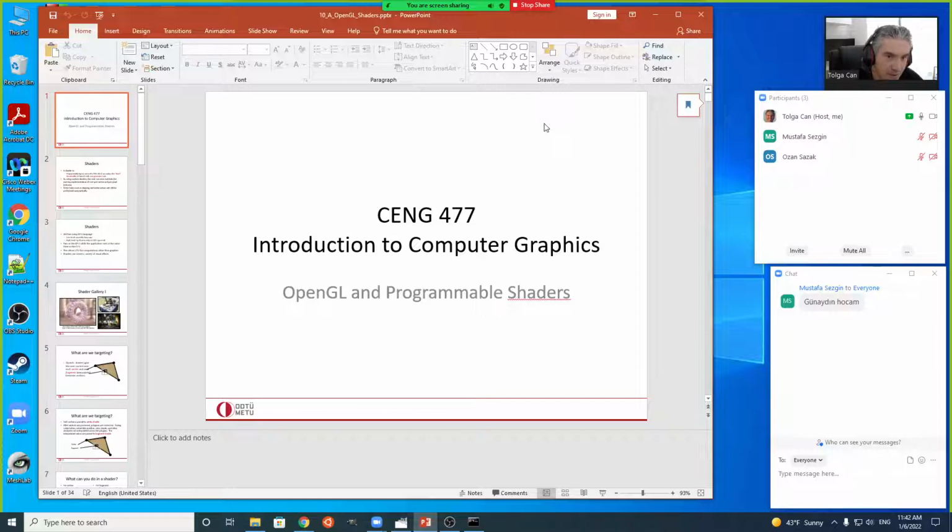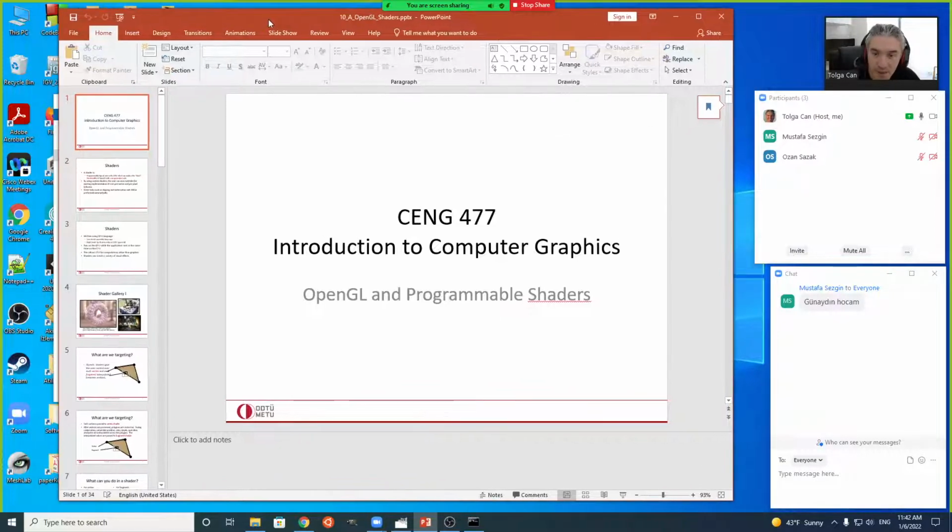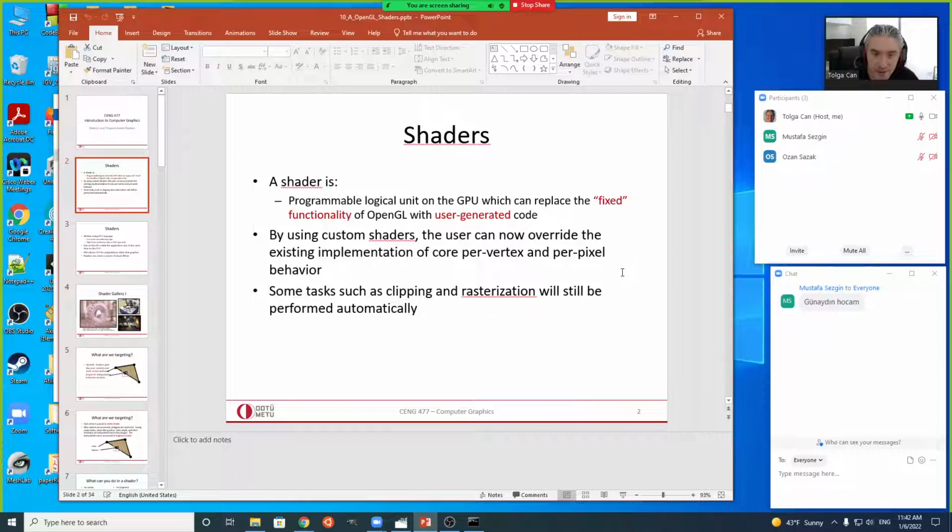In the last couple of weeks, I've actually been showing you these vertex shader and programmable shader examples, which allow us to replace parts of the forward rendering pipeline with our own code. We can do some effects that are not possible in the standard pipeline. This is what we talked about last time. Some tasks, like clipping and rasterization, are still done automatically by the forward rendering pipeline in the background, but certain parts like